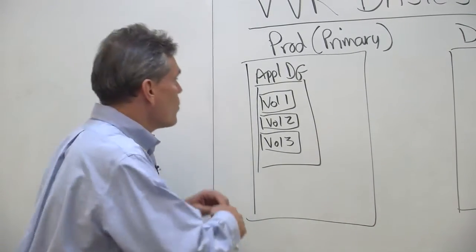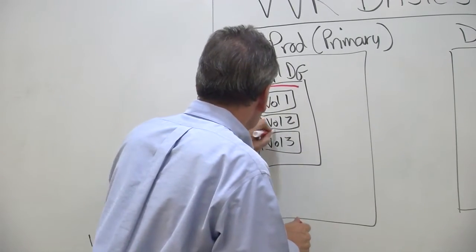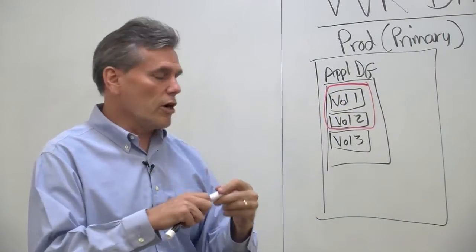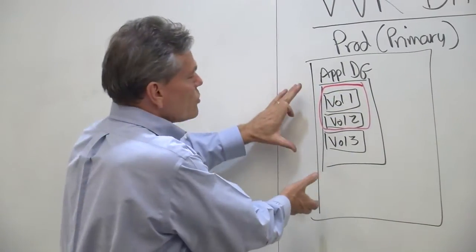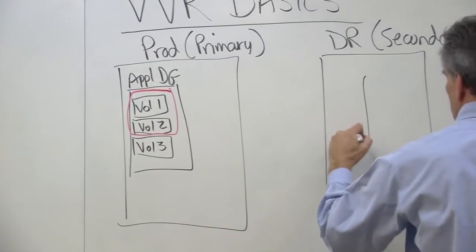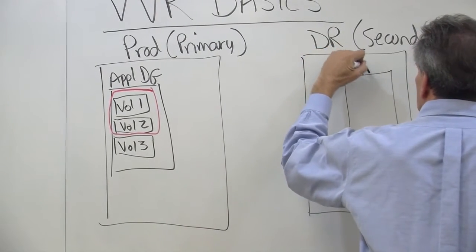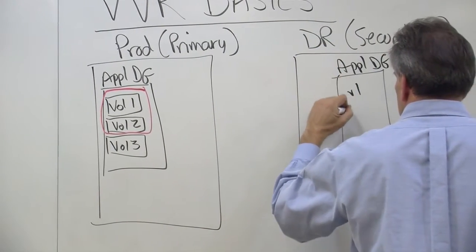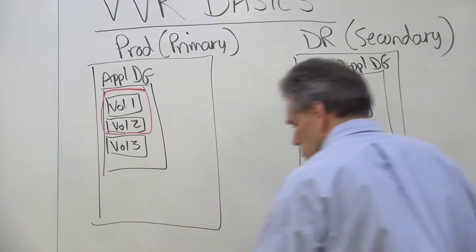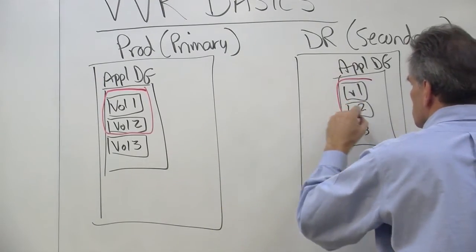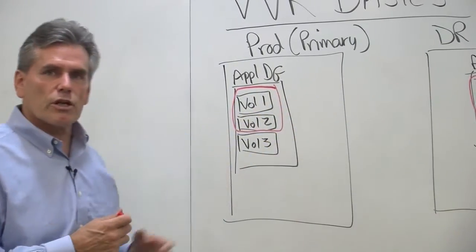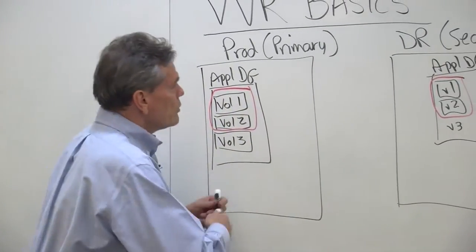So what they would do is they would identify all of the key volumes that need to be replicated to the DR site. The structure they have here is also going to be the structure they have on the DR site. The key part of that, again, is that only the critical stuff is going to get replicated. Now, these 2 sites,